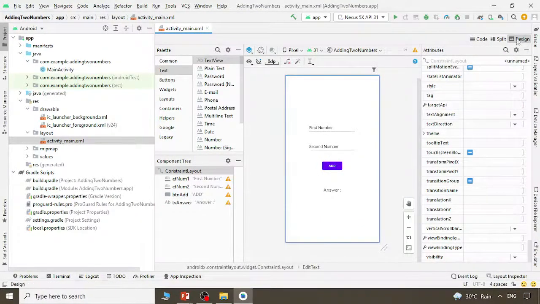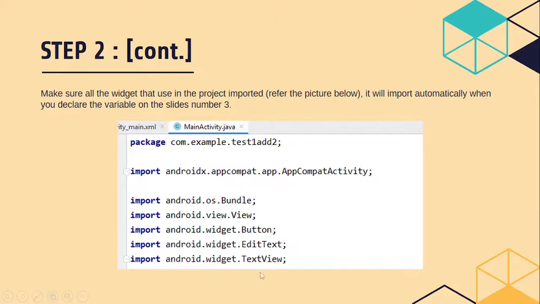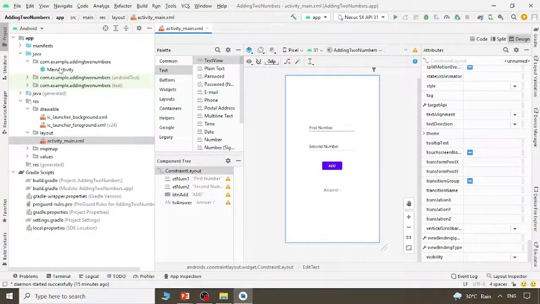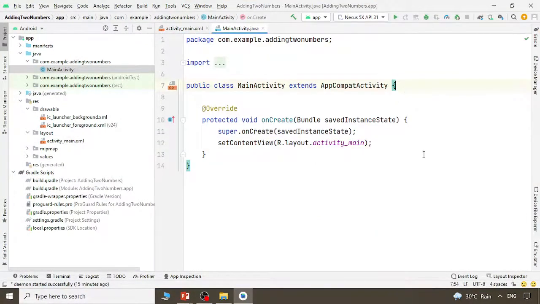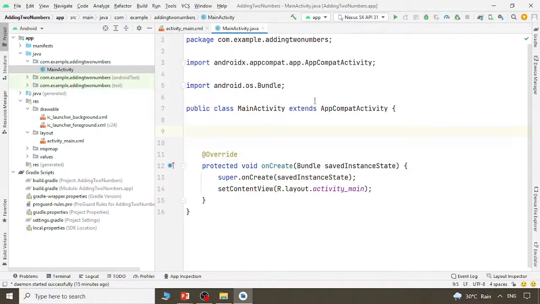So we are done with the first screen. What's next? Let's look at the slide. We need to declare the variable in the Java class. Okay. So we have 4 variable and all we are using private. So we open Java class here and I'm going to declare the variable here. If you look at import here, there is nothing. Okay. So what I will do, private,